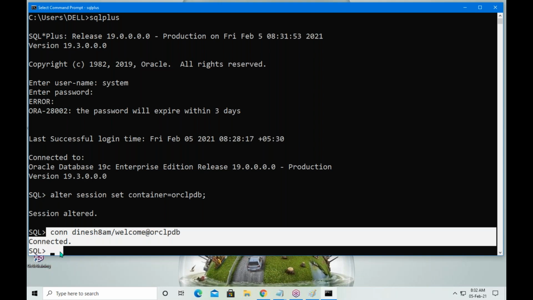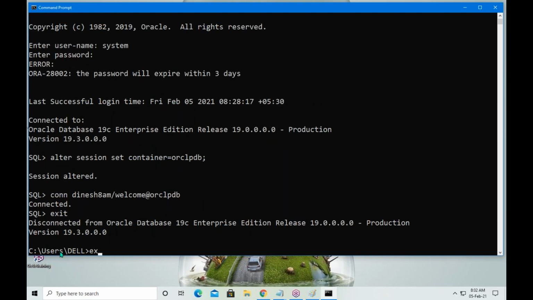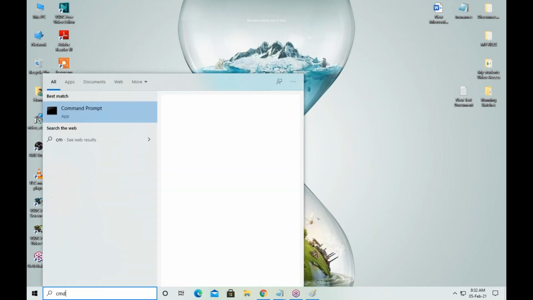Without these three steps, can I connect in a single attempt? Yes, you can connect in a single attempt. Open the command window.